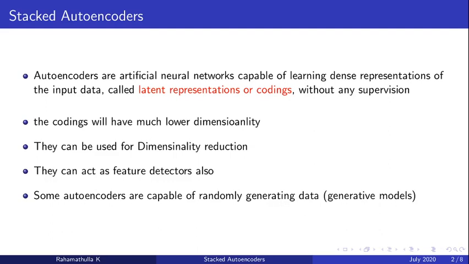They can be used as a feature detector, but we may not be able to specify what the features are. But these are the prominent features that you can detect, and you can generate synthetic data also using autoencoders, where the generated data will look like the original input data.